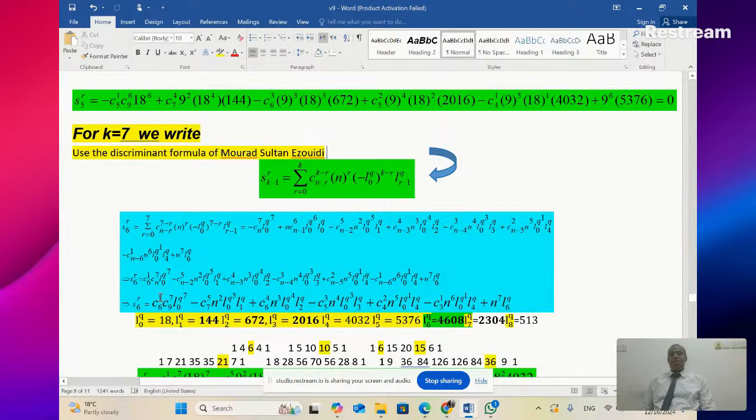Combination 631 times combination 927 times 0.007 minus combination 725 times n squared times 0.2 raised to the power 5 times L1.2 plus combination 64 and raised to the power 3 times 0.2 raised to the power 4 times L4 minus combination 523 and raised to the power 4 times L0.2 raised to the power 3 times L3.2 plus 4 combination of 50 times n raised to the power 5 times L0.2 raised to the power 1 times L4.2 minus combination 51 times n raised to the power 6 times 0.2 to the power 1 times L4.2 plus n raised to the power 7 times